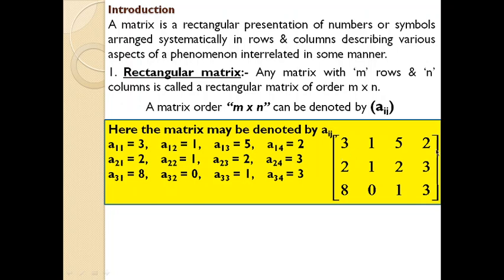That is, m means 3 rows and n means 4 columns. So instead of saying a 3 row 4 column, we can easily say that this matrix is in the order of 3 into 4. That is known as m into n order. This is how you are representing a matrix, square matrix or rectangular matrix. Instead of specifying, it can be used to specify a particular matrix with its order. So this is a matrix which is known as a 3 into 4 matrix or m into n order.